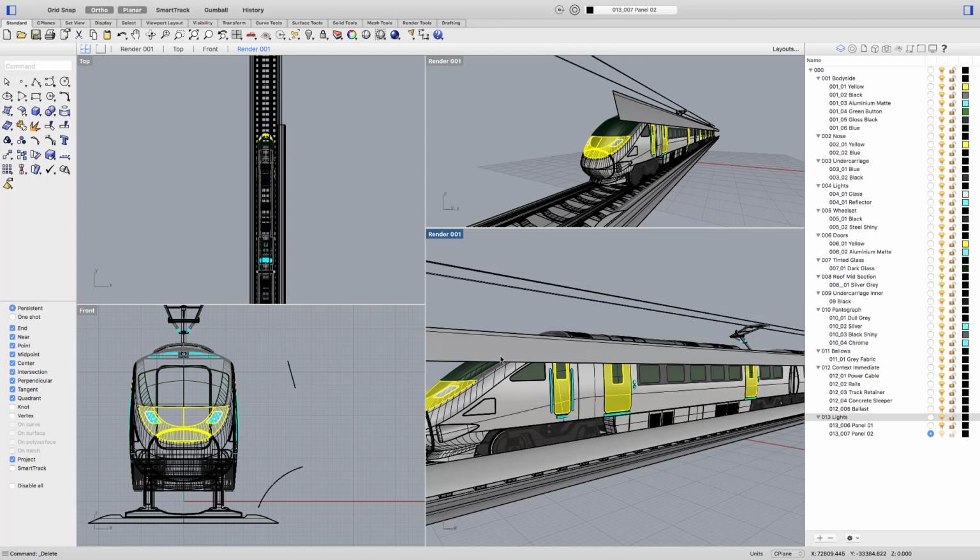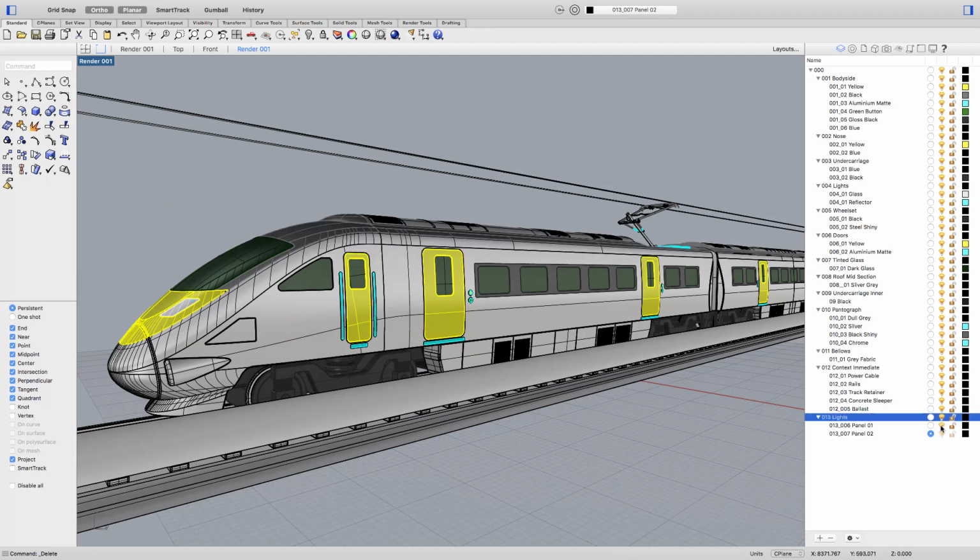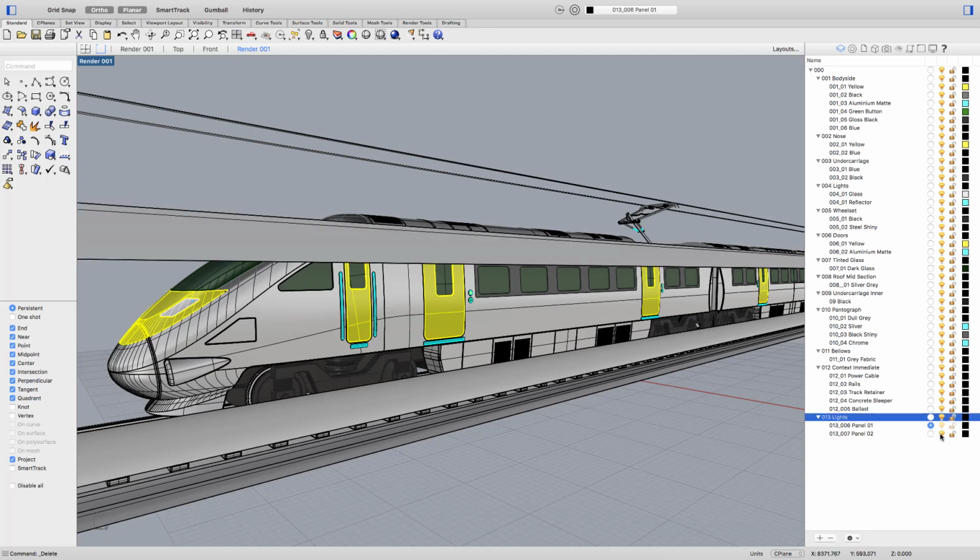This top panel here is going to give us a harder reflection across the area where the windows are. Now these panels I've put on separate layers inside of Rhino, and the idea is that we can use these as light objects inside of KeyShot. So I'm just going to check that I've got everything on the correct layers here. So if I just turn off panel 1, so panel 1 is the top one, panel 2 is the lower one,